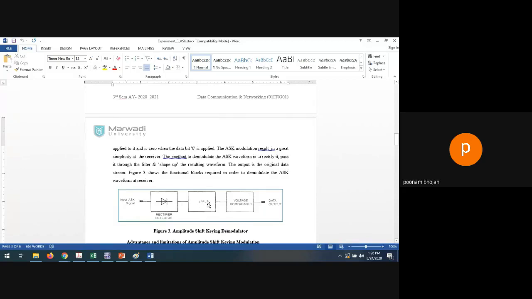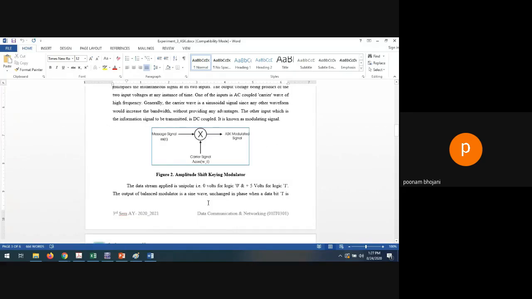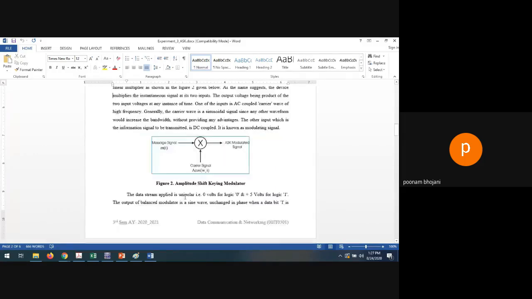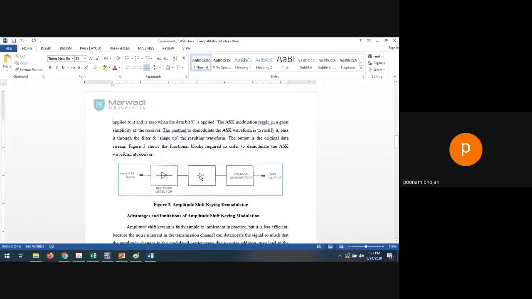Second is the low pass filter. Why is a low pass filter required? If you clip the negative cycle, you will get a signal which is oscillating, and you don't want the oscillations. You want a smooth signal, so that after reaching a peak, it goes smoothly like this, right? No doubt you will not get exactly the original even after smoothing. But you will use the low pass filter, then you will not get the oscillations, you will get a smoother waveform. I will show you all this, don't worry, in Multisim also.